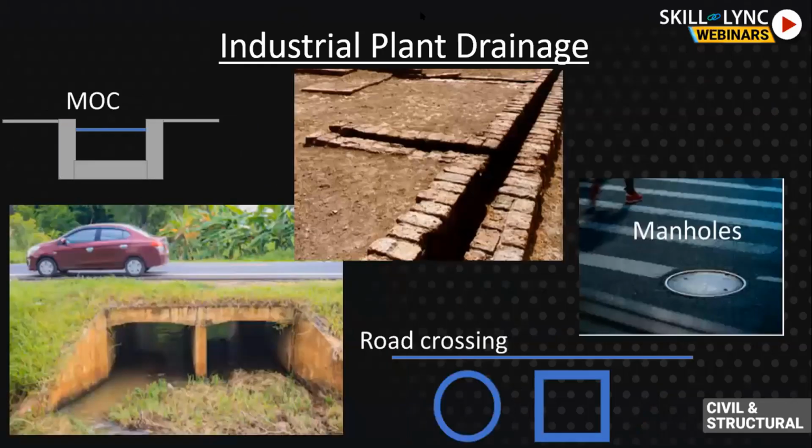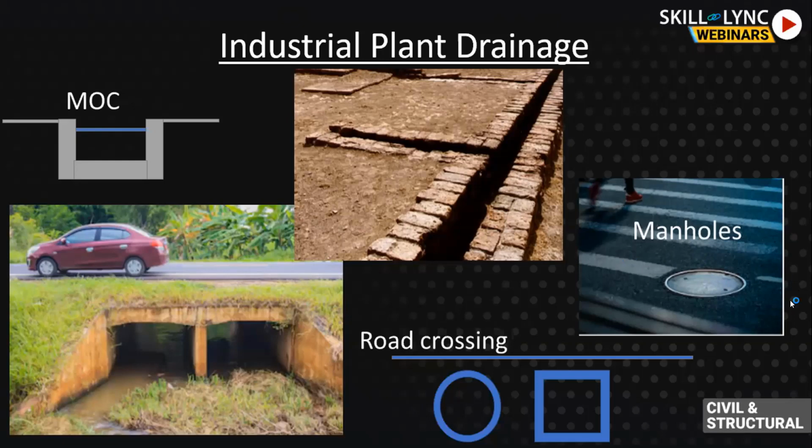Next, I'm going to the next pictures to talk to you about different parts of a drainage system. Suppose this is the collection point from some adjacent plot, and this is a drain. This is a brick or stone drain, showing different materials of construction. Then this is a manhole. Wherever there is a road crossing, the drain cannot be open. Here there is no road crossing, so the drain is open. But at the road crossing, the wheel of any vehicle will go inside it.